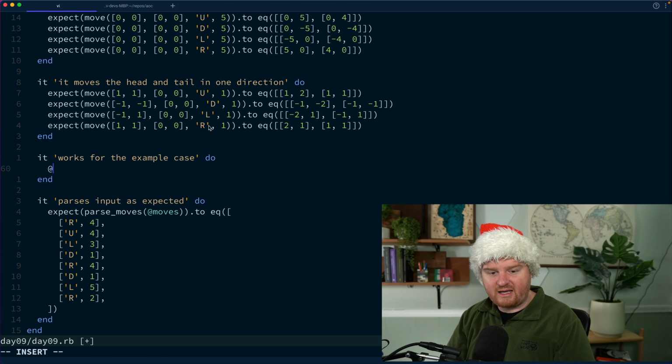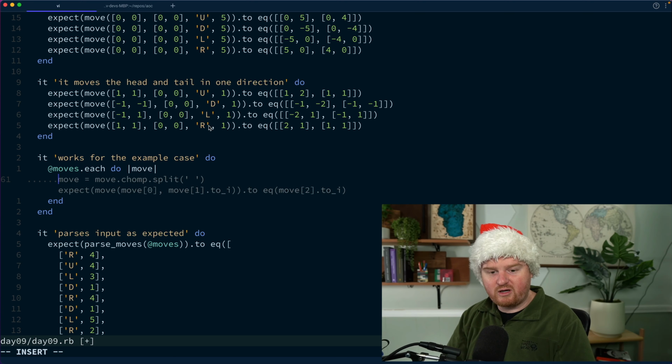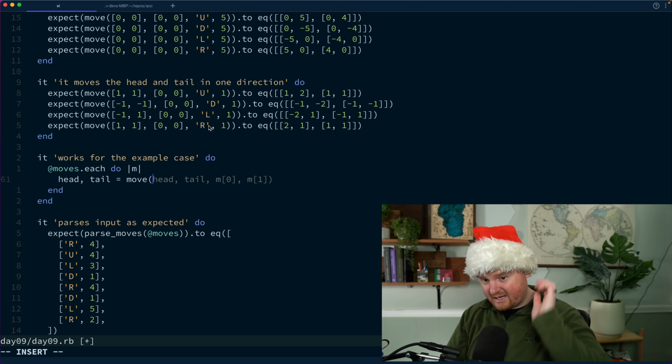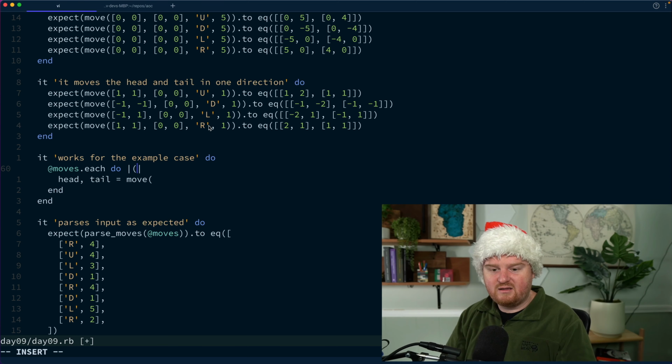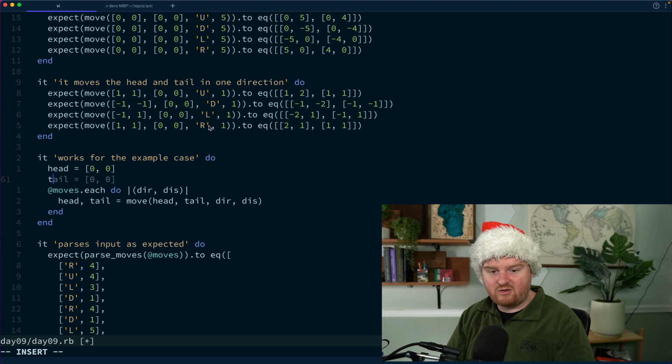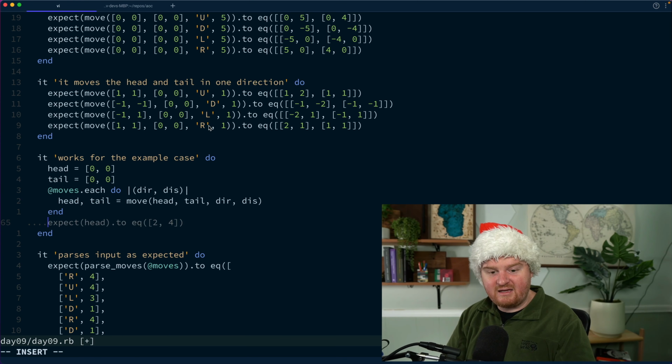So we're going to say something like moves.each do move. And for each move, we want to split out M into direction and distance. And we want to move the head, tail, direction, and distance. And we need to create a head at 0, 0, and we need to create a tail at 0, 0. And at the end of this,